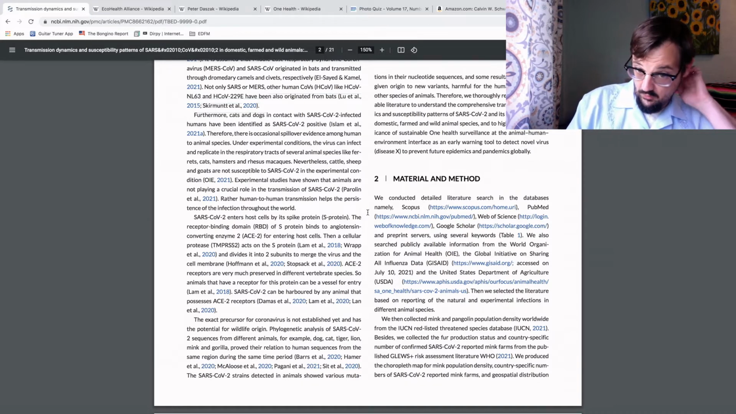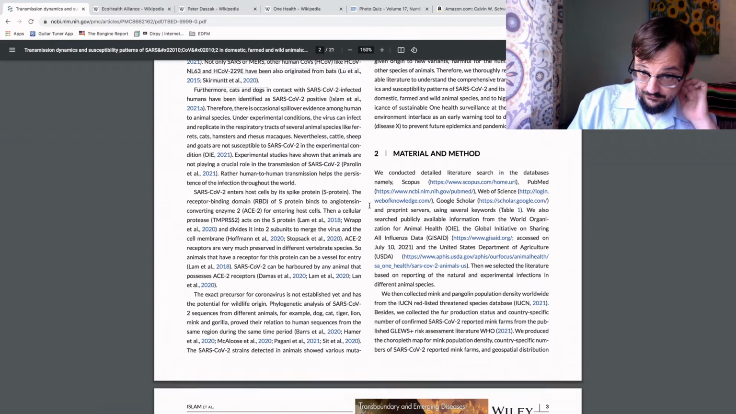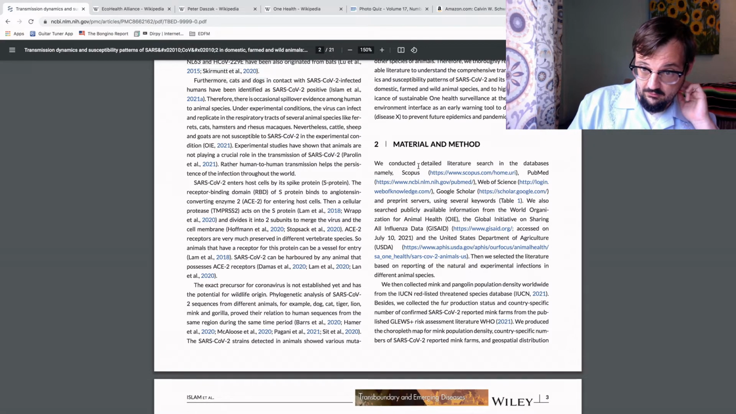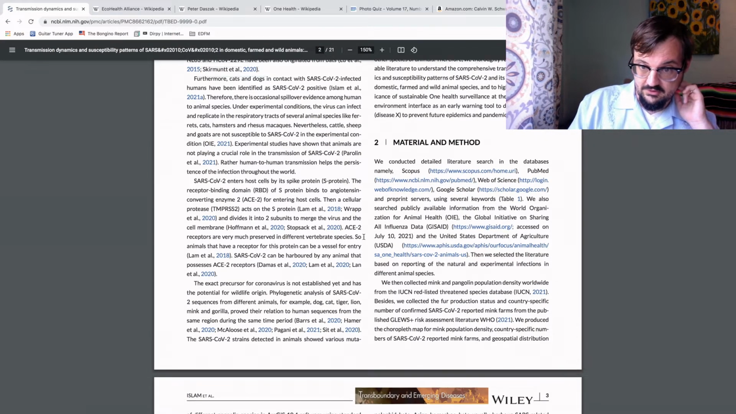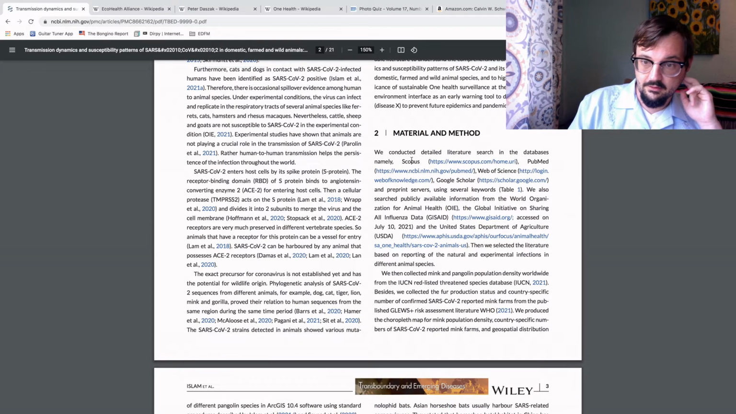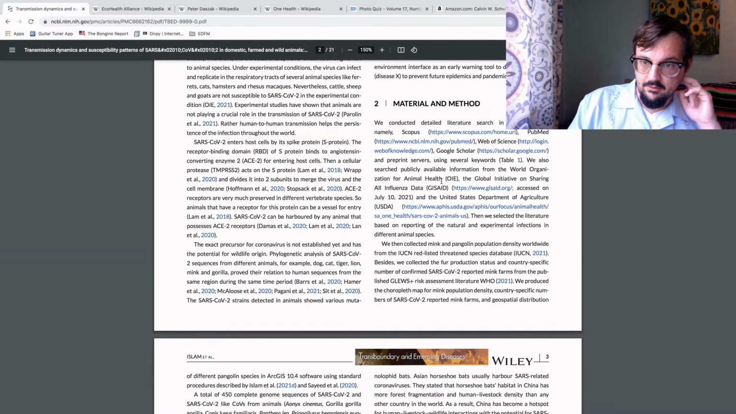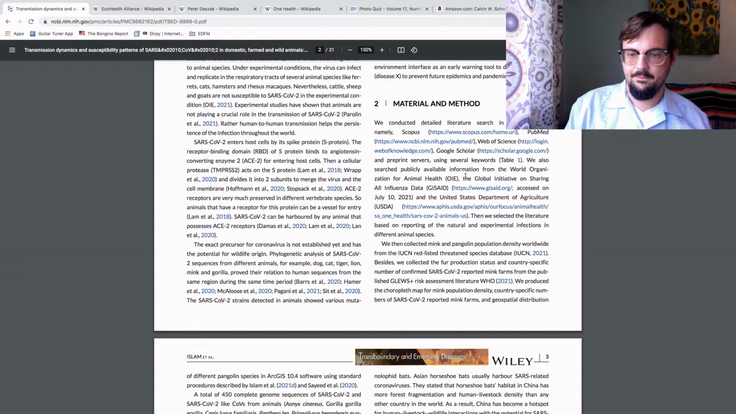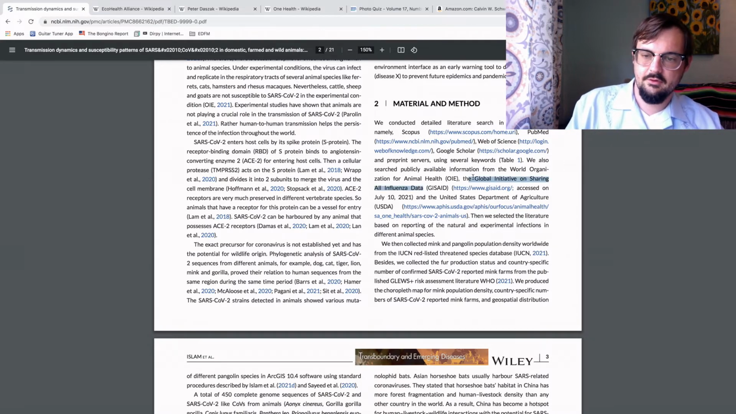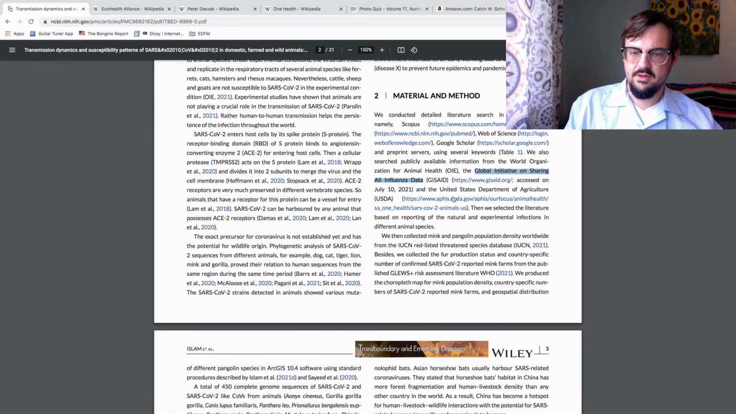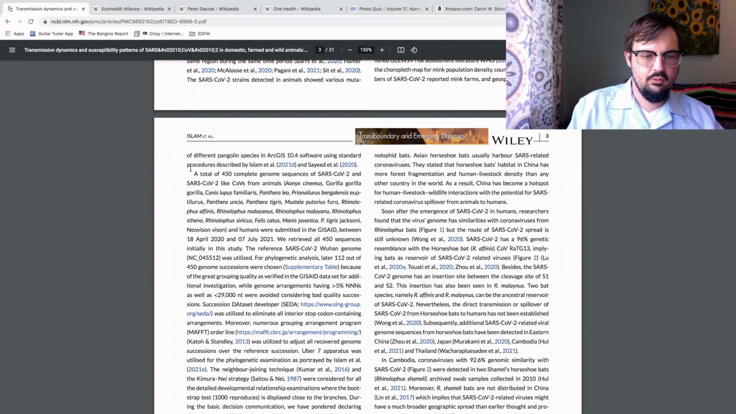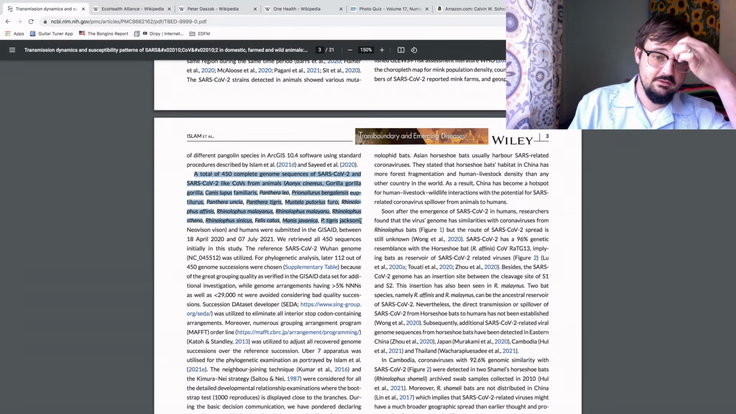Now, the second section is material and method, and all they did is, not to say all they did, it's quite a big undertaking, but they looked through the literature basically, and they found these various papers that they're going to cite. And these are all the databases they looked through. Different organizations, World Organization for Animal Health, as I said again, Global Initiative on Sharing All Influenza Data. So that's a new one for me, but that exists. The USDA. They ended up with a total of 450 complete genome sequences of SARS-CoV-2 and